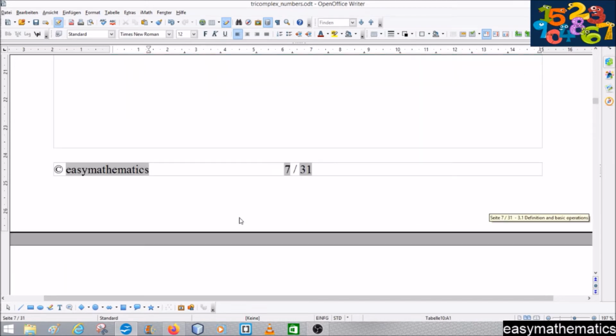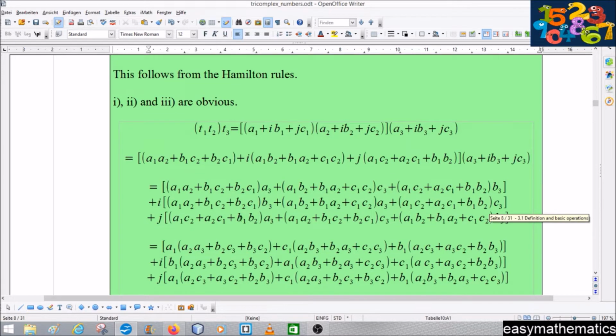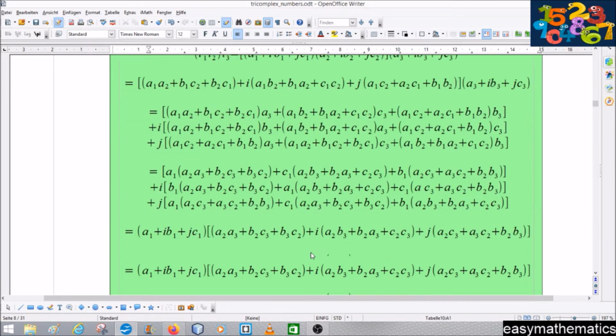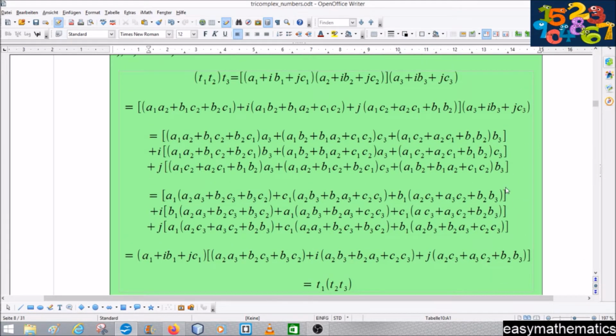and we discuss 4 in a detailed way. So, okay, one moment. Okay, here we are. So we start with t1 times t2,